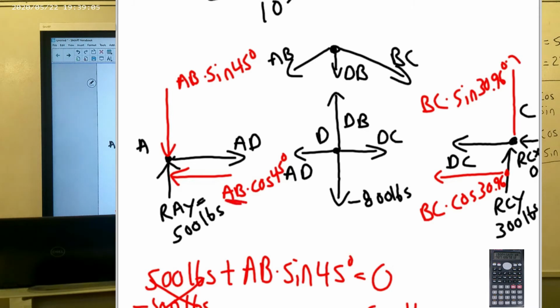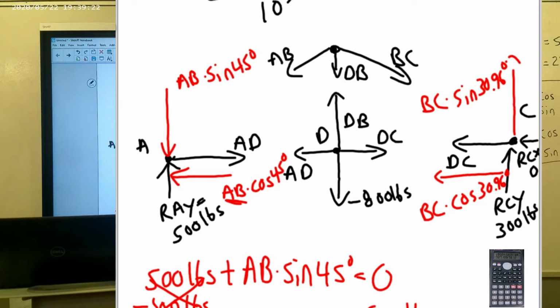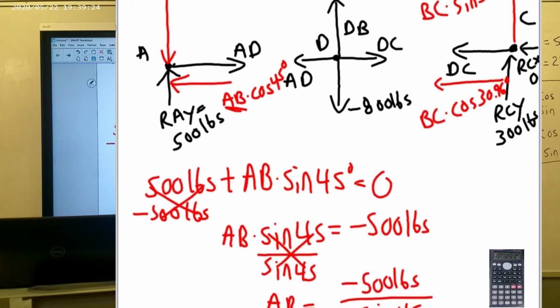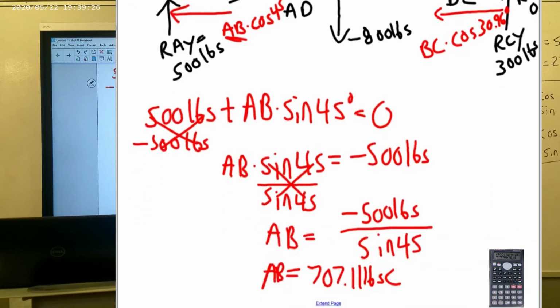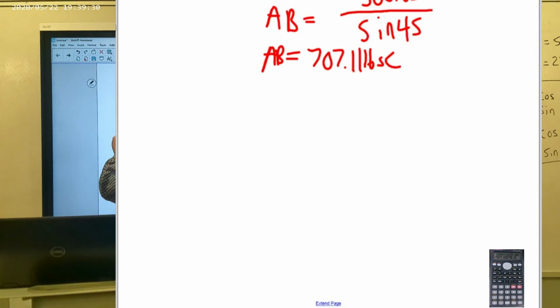I have that 707.11 pounds that I can plug in. So now I only really have one unknown variable in the x direction at point A. Again, that's all I'm focused on right now, is the x direction at point A. So let's go ahead and set up a static equilibrium equation for that. Extend our page a little bit longer. And we're going to say that